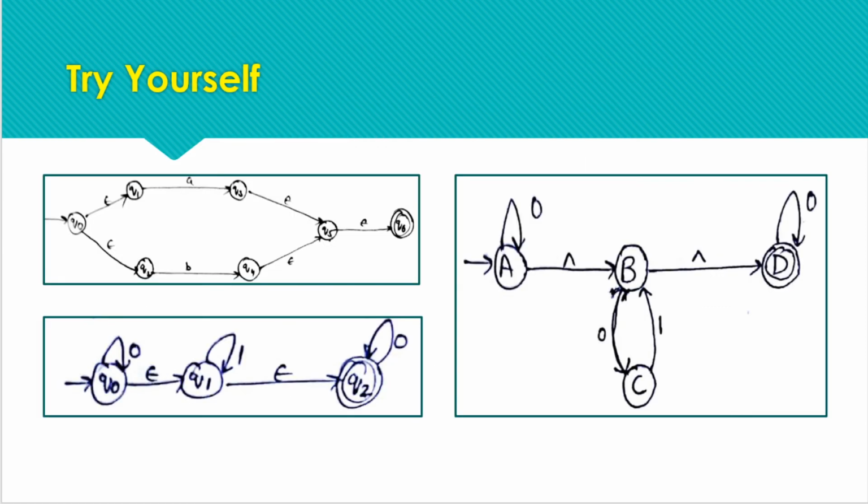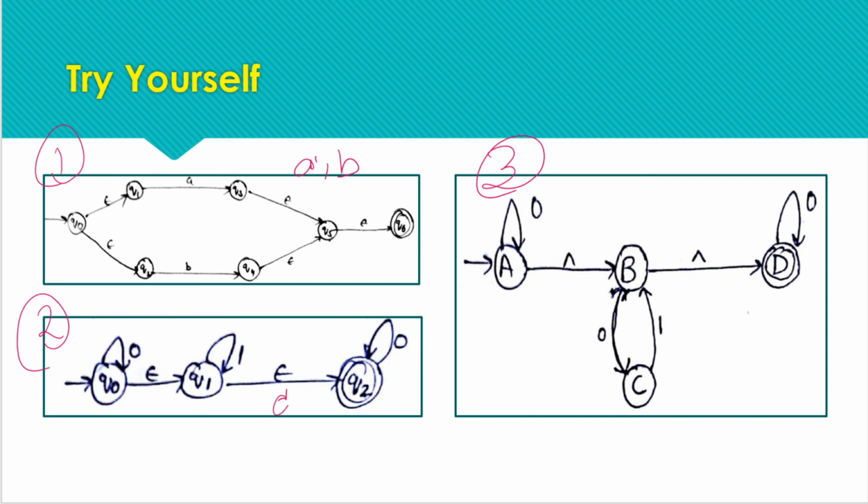The rest of the procedure is the same. Now these are the questions that you have to try by yourself, and I will be providing you the solutions. This is the first question, second question and the third question. In the question we discussed, we had 3 input symbols A, B and C, but in all these questions we have only 2 input symbols. So here the input symbols are A and B.